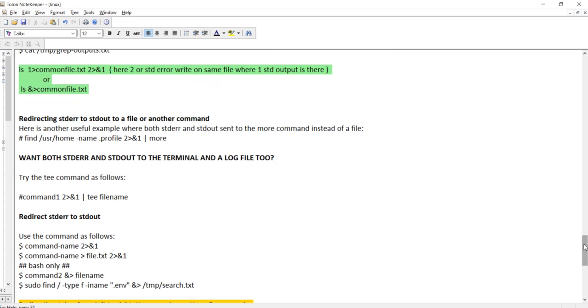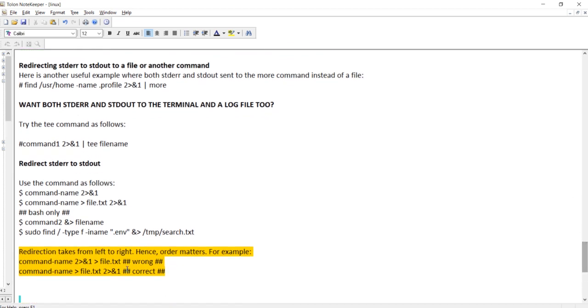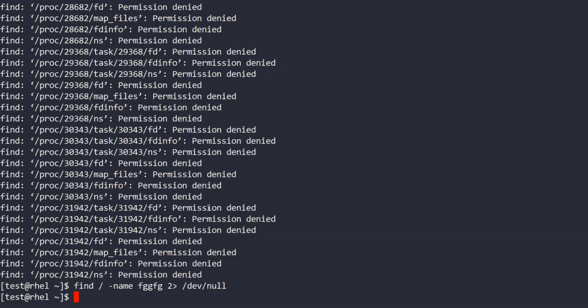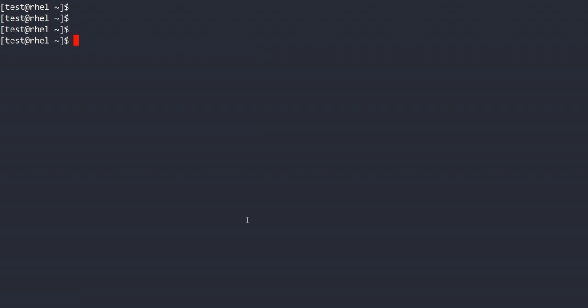The main purpose was to show you how we can control this standard redirection. So I will repeat again. This is the most important syntax you will see. This means your error output will go into the same location where your standard output is going,